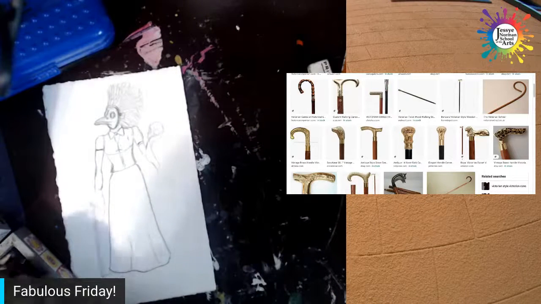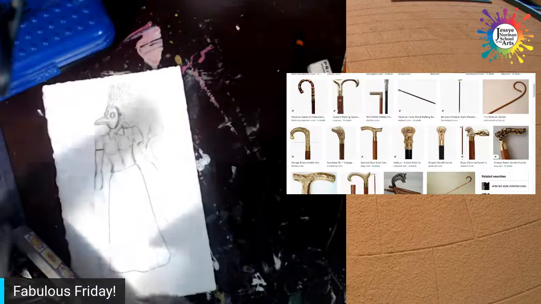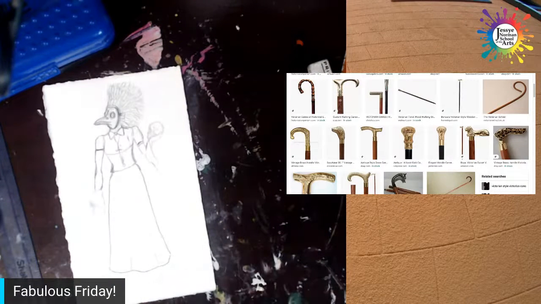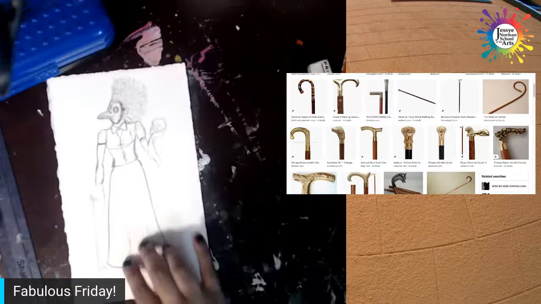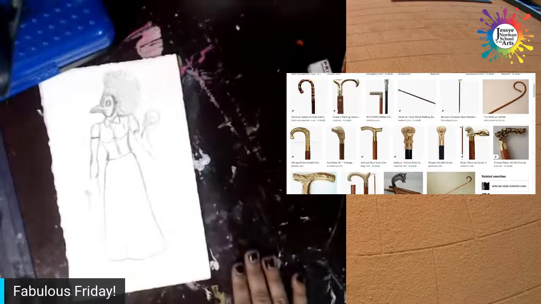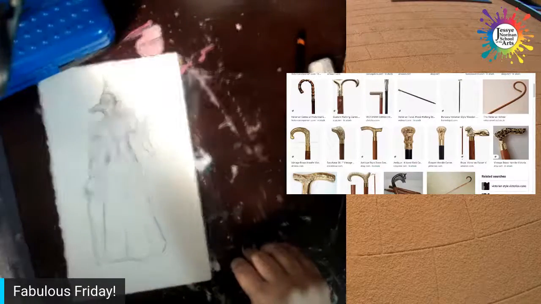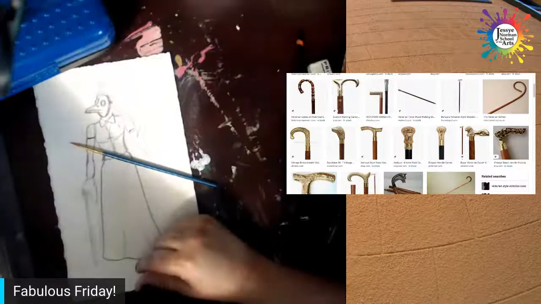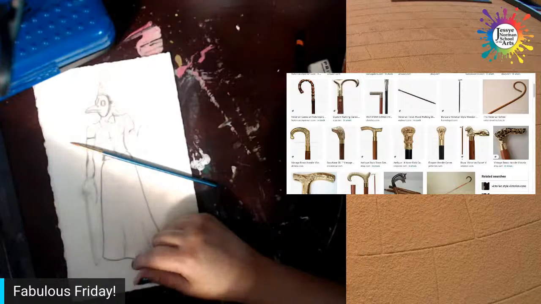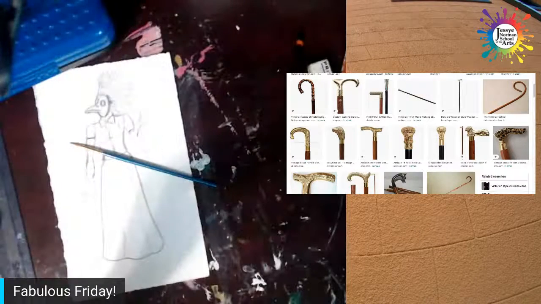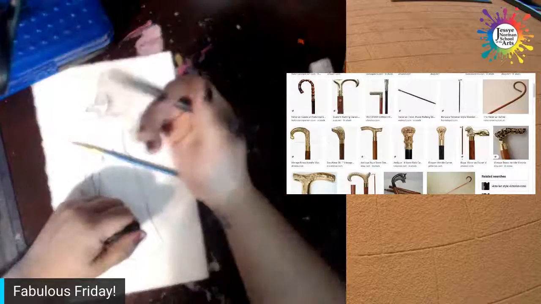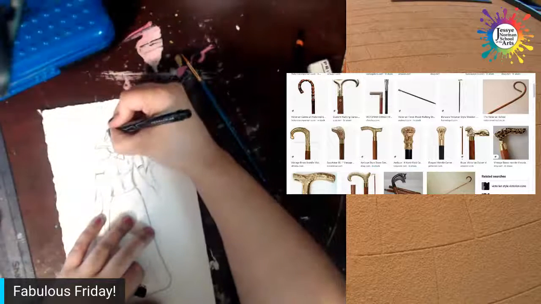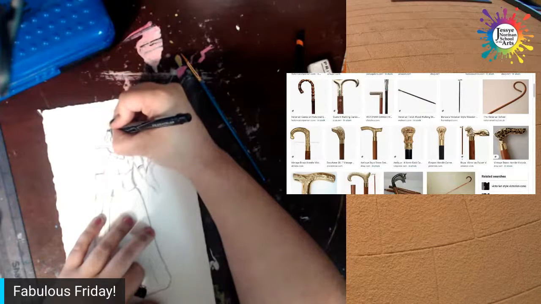Right now I'm looking for my drawing pens, which are not where I left them. That's gonna make me cranky. Let me see if I've got one just sitting around somewhere. They're usually in that kit. We could just go straight to painting, but I don't think I'm bold enough for that yet. All right, I think I've got one here. All right, not the type of marker I was looking for, but